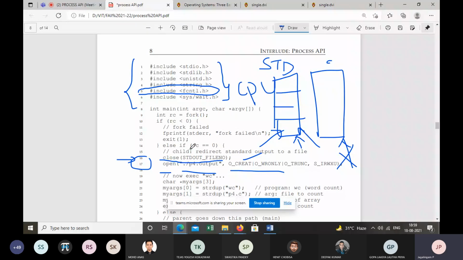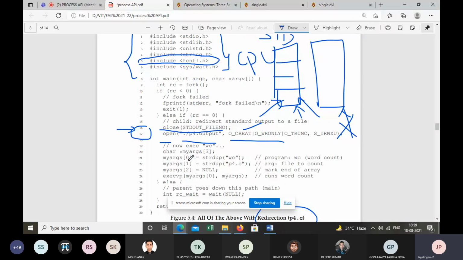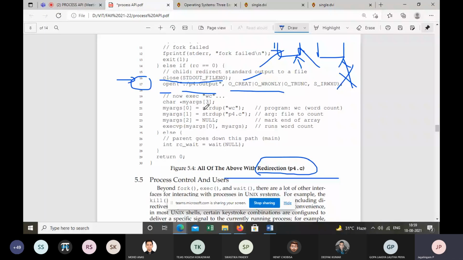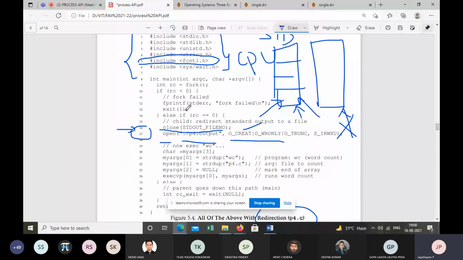Your function open, because we are opening a file and we are closing the file pointer. All this is controlled by the header file fcntl. Okay, so again this code will be executed only in the Linux environment and the Mac environment. If you do it online, you may not get the expected output.